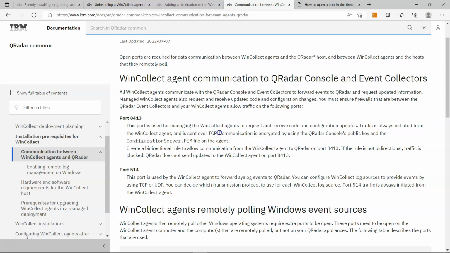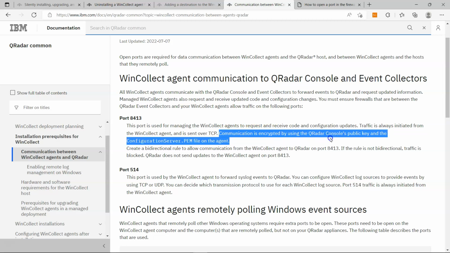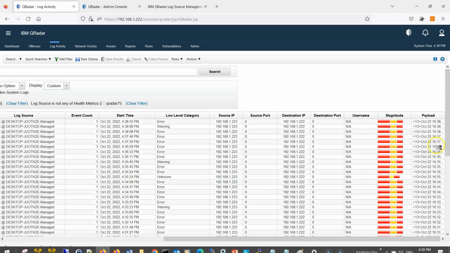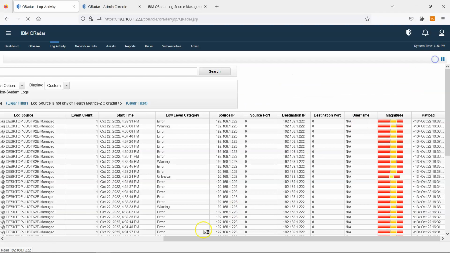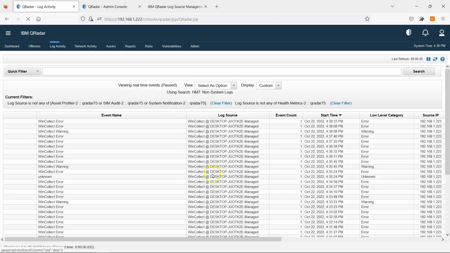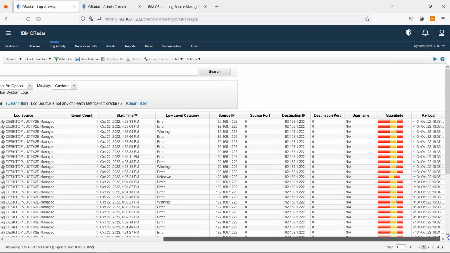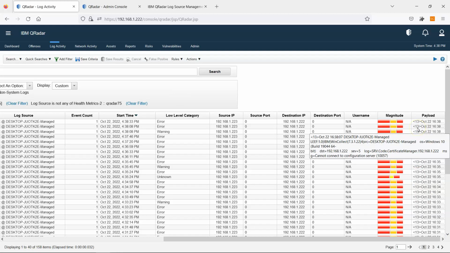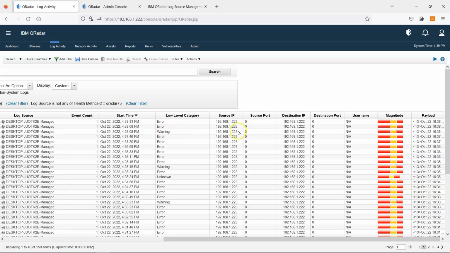Communication is encrypted by using the QRadar console's public key and the configuration server.pem file on the target. So we can see here also, I will stop this. If we check here, actually we have errors and warnings. The error is regarding the communication. There is no connectivity between the WinCollect agent on server 223 and the QRadar, and we have a warning